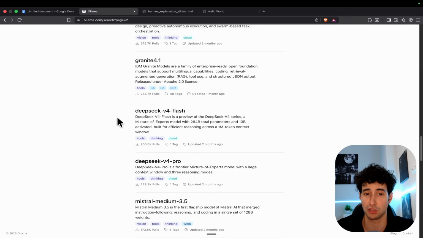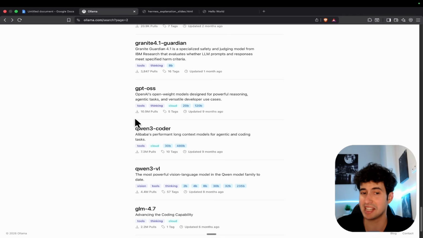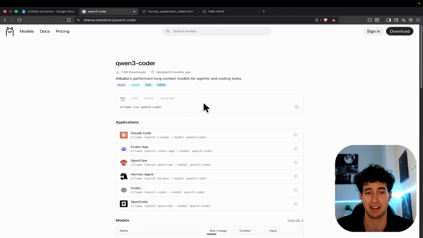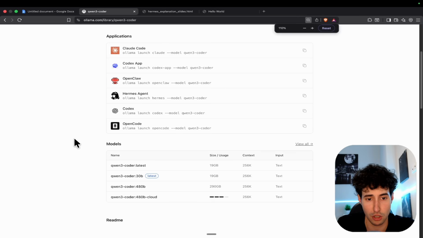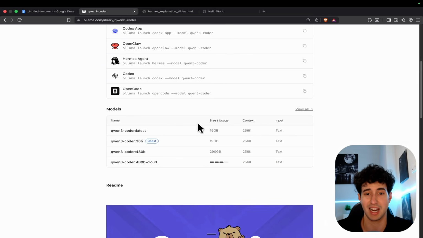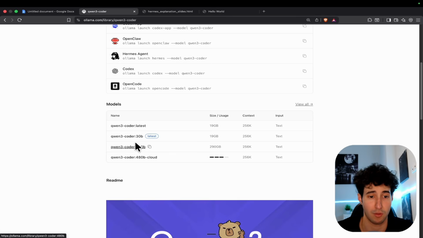But now let's say that we wanted to download one of these models, which let's say was Qwen 3 Coder. Now all we would have to do is simply click on it, and that is going to bring us over to its Ollama interface, where here we can see the specific CLI command that we can copy, paste into a terminal, and download this model. But some models actually have many different versions, like this one, with different parameters. So for each one of these models, we can see exactly how much size/RAM usage they need to run in our machine. Now, as you can see, this one, for example, needs 19 GB of RAM,